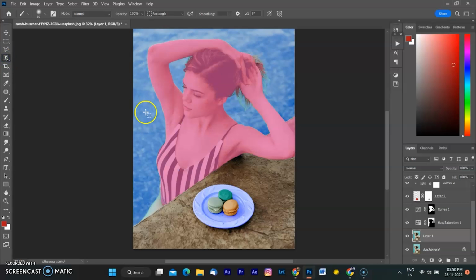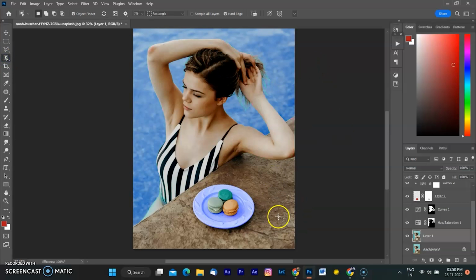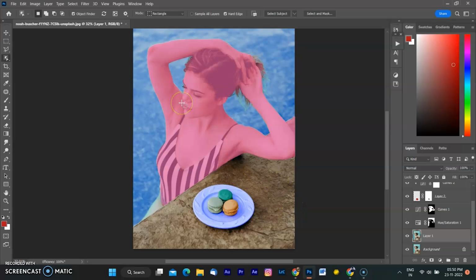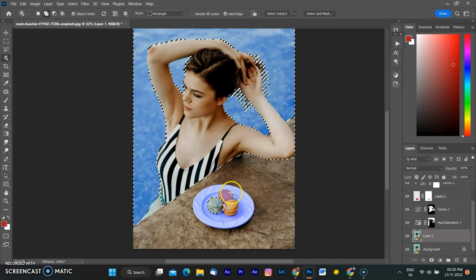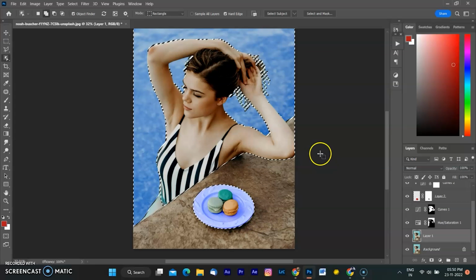Object Finder have already detected all objects, but the floor area was not detected. If you want to change anything of unselected area, you need to select all objects. So I am selecting each object by holding Shift key and hovering on the each object. You must hold Shift key till all selection will not be made.